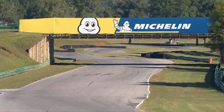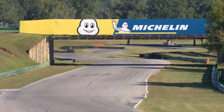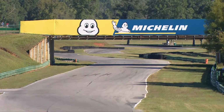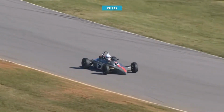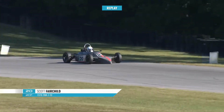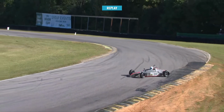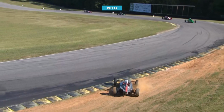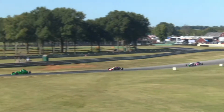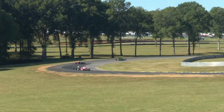Well, poor old Scott Fairchild, coming out of 10 and then into 11 and just spun it round, and I think just a little bit not fully up to temperature, probably trusted it too much. We'll take another look at it and we'll judge it then, I think. What do you think, Ben? Everything was going well until it wasn't. Good line. And I'm going to say cold tires. Yeah, just didn't have the grip that he normally has. Quickly. Yeah. Weird. He did the right thing, though. Looped it around, stayed in the power, put his foot in the clutch, didn't stall it, and got back on